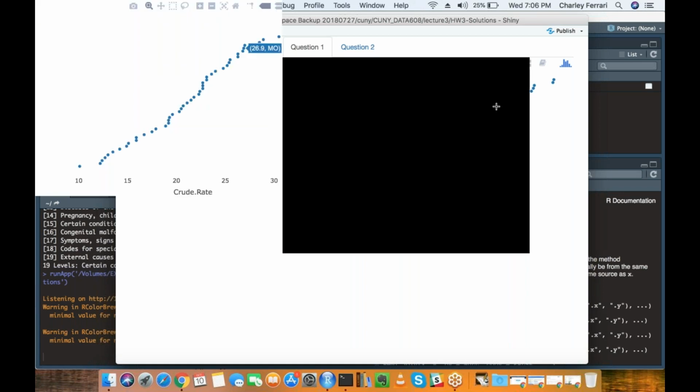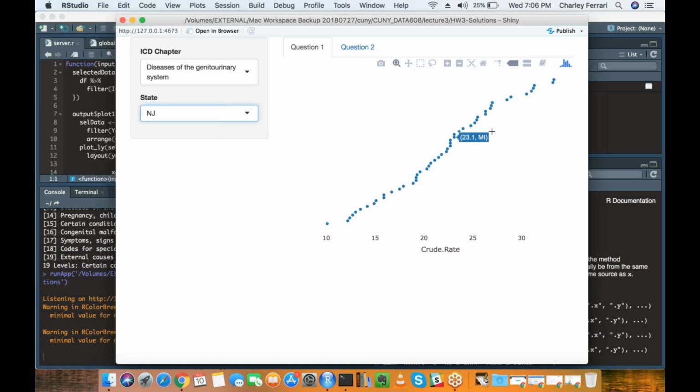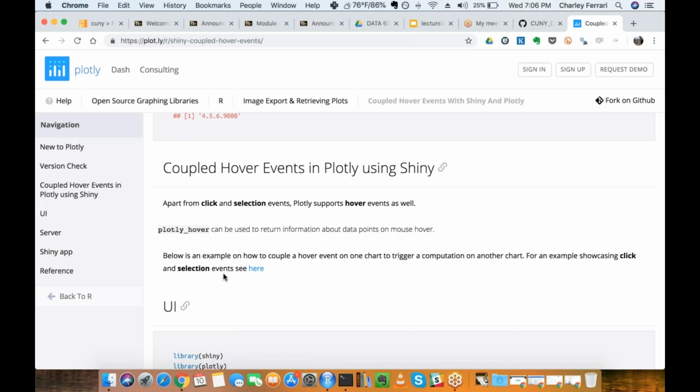So imagine hovering over this and, rather than having a drop down here, getting another graph that shows a time series for that state, for example. You're definitely able to do that with Shiny, but I didn't want to focus too much on it and bring that up when we're talking Dash.